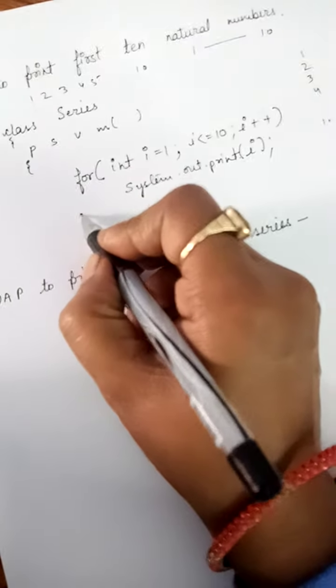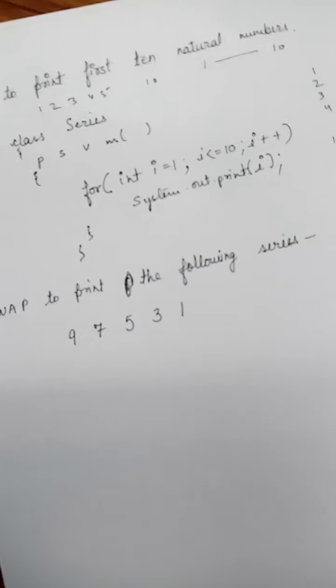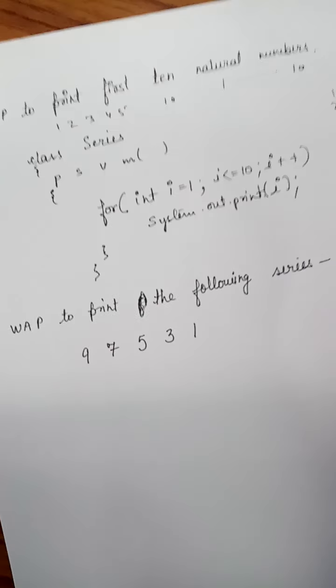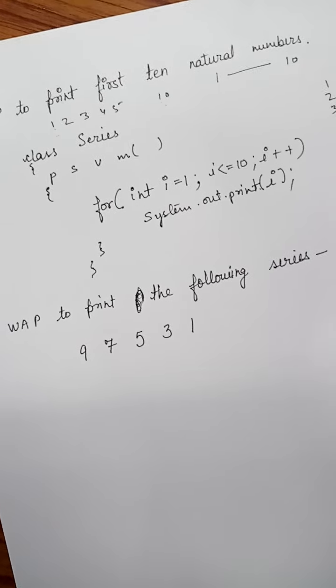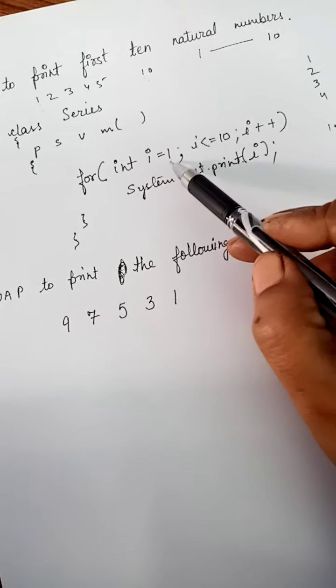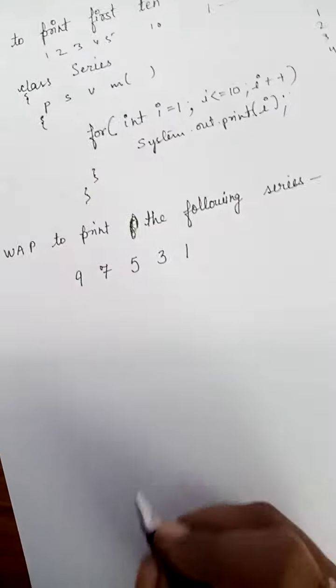Closing brace of the function, then the class. So this is the program to print the first 10 natural numbers. Now suppose I say print the first 20 natural numbers. Similarly, the loop will be from 1 to 20, I plus plus. And if I say to print this series